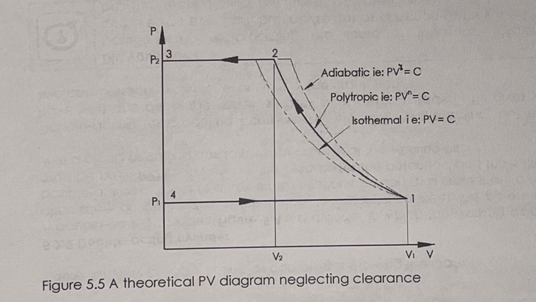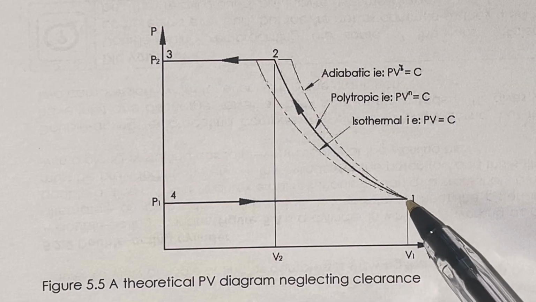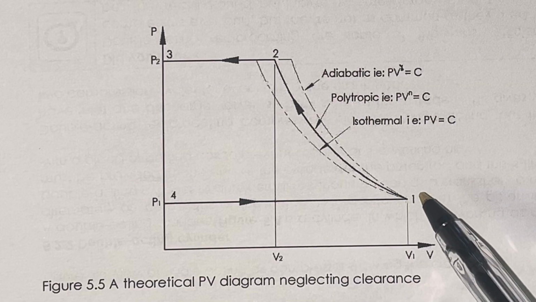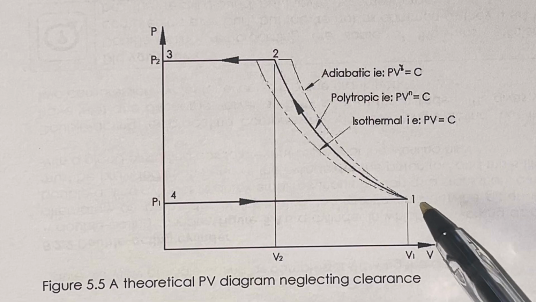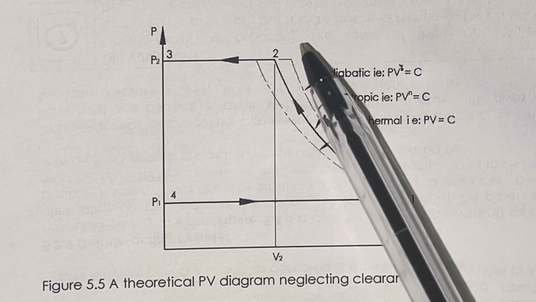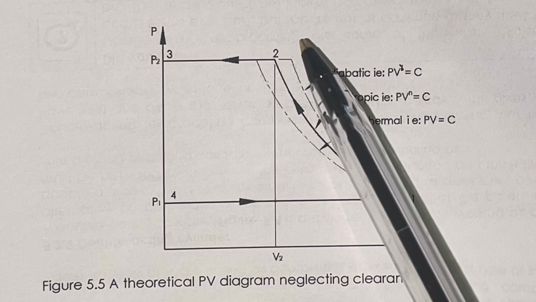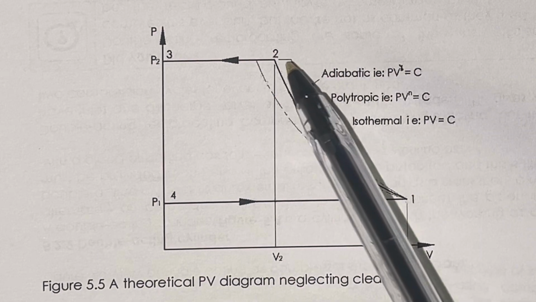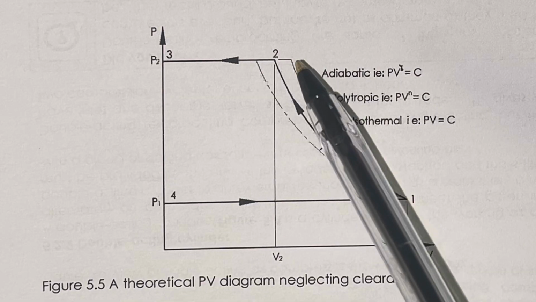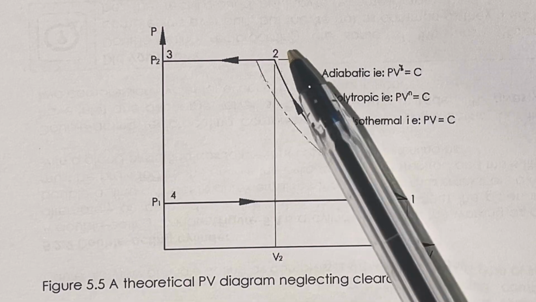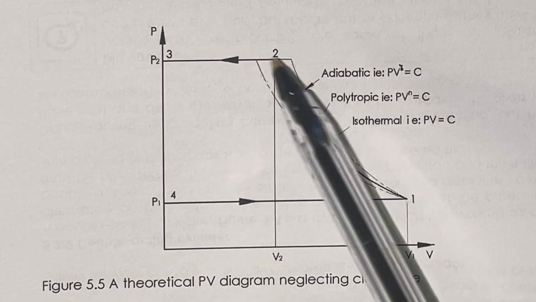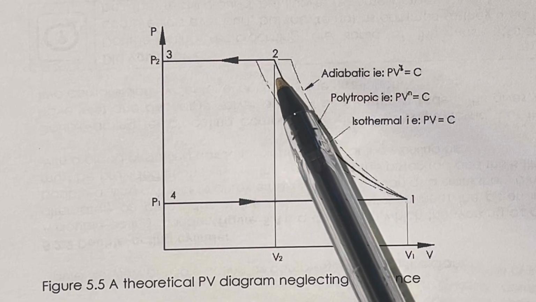The air is compressed during the compression stroke from 2 to 3. So this here is a polytropic compression from 1 to 2. Another thing that is clear is that the air is drawn in by the cylinder during the suction stroke from 1 to 2. Sucked in, and then the air is compressed during the compression stroke. The compression stroke is referred to as 2 to 3,